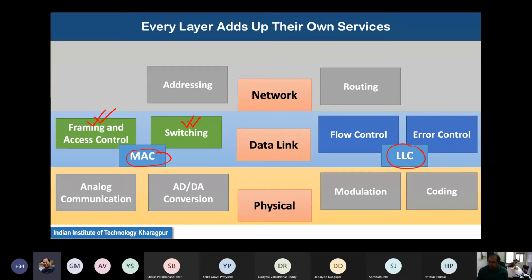Switching means, you might have multiple different interfaces on a layer 2 switch, as we have seen earlier. Whenever you receive data on one interface, you decide about transmitting the data to another interface. That means you need to transfer the data internally from this interface, say IF1, to another interface, say IF2.